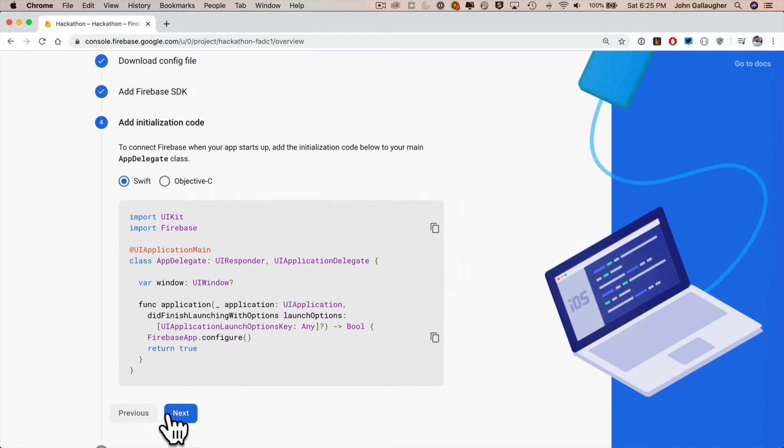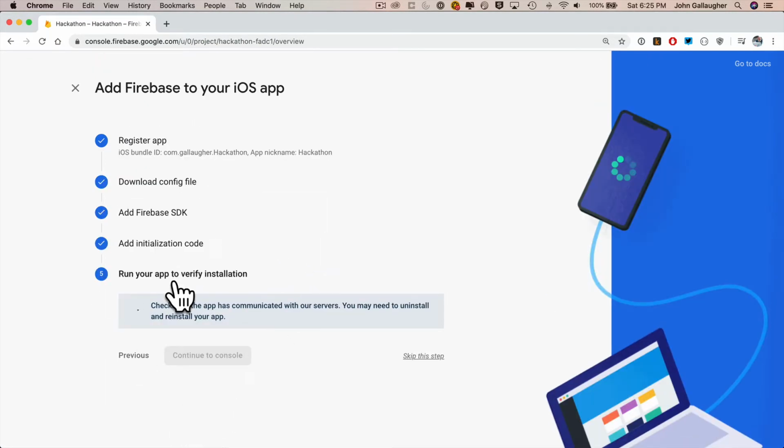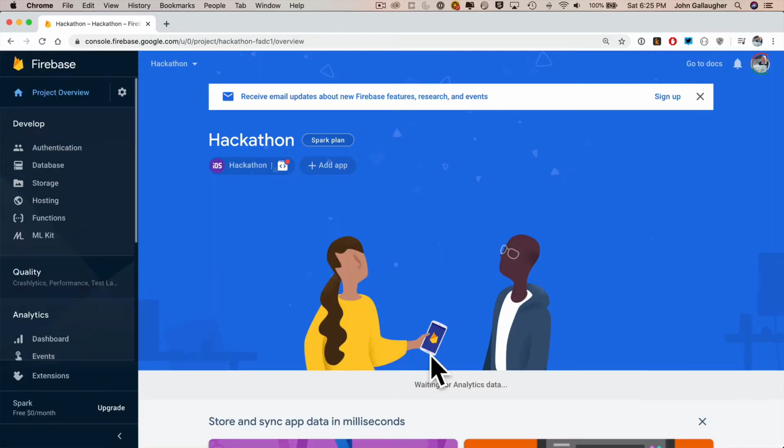Now it says run your app to verify installation. I find that it usually hangs here, but the app works fine. So I'm just going to go ahead and skip this step and go through. Now, there are a few other things that we need to do for our app before we can get up